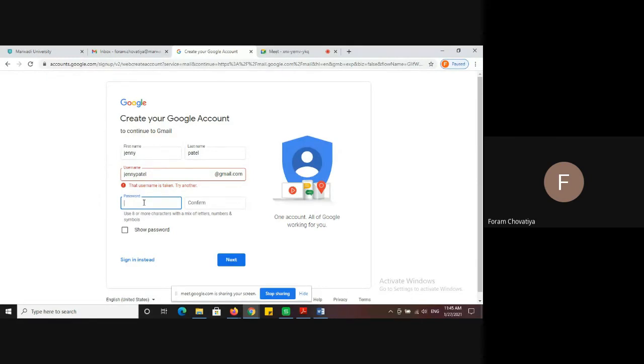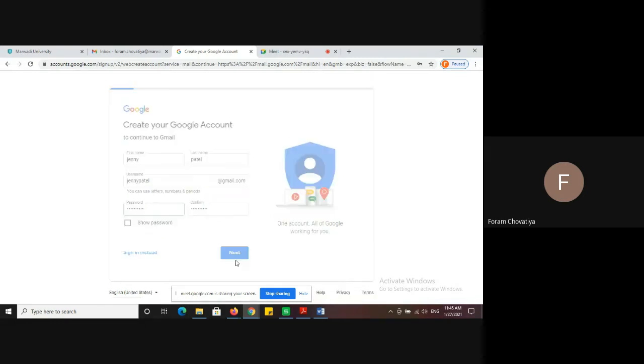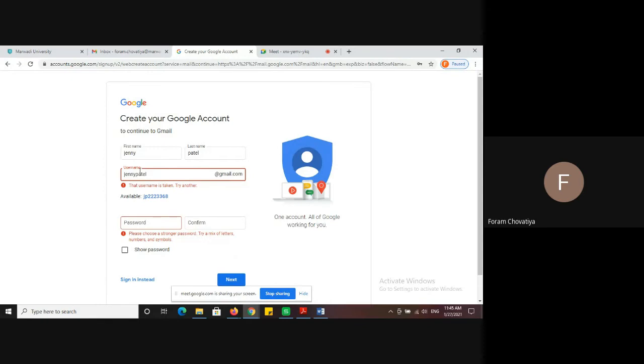So here I write any password, then confirm the password, then next. The username is taken, try another, because this type of username already exists.